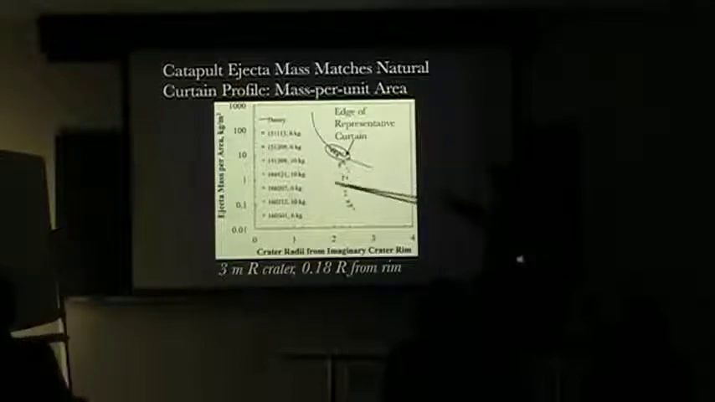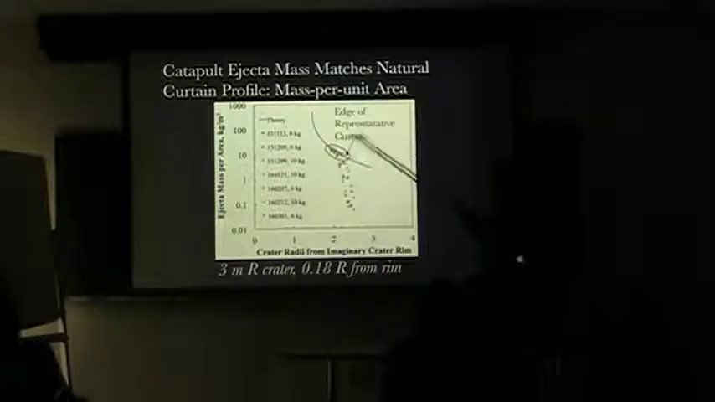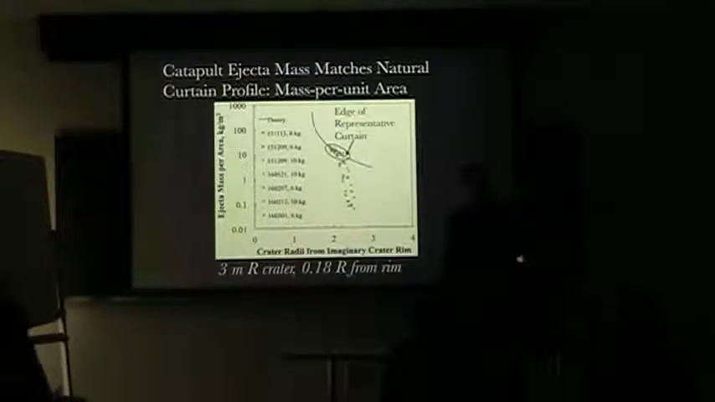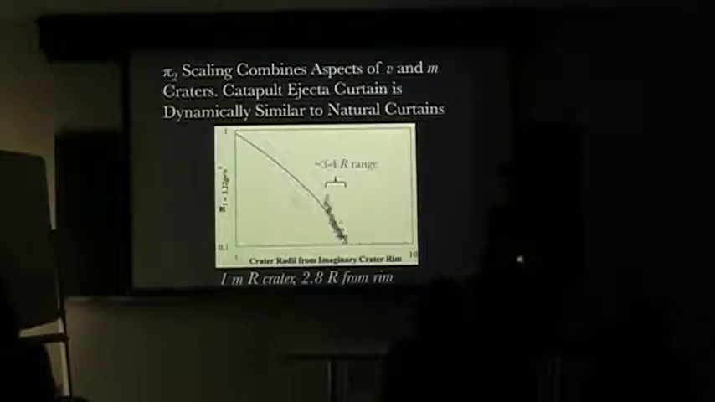Now, we do note that the data fall off steeply here. This is simply because our catapult is not infinitely tall and we don't have an infinitely tall ejecta curtain, but we're working hard on fixing that. The edge of the representative curtain is just the most distal point that happens to fall along the curve predicted from theory. Now, having different sized craters for velocity versus footprint versus mass can be kind of gotten around by